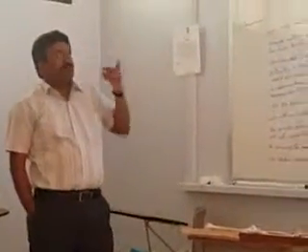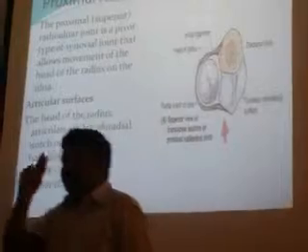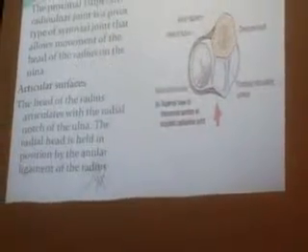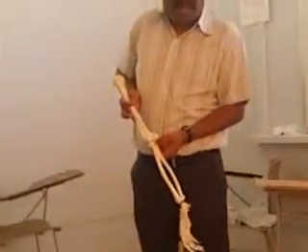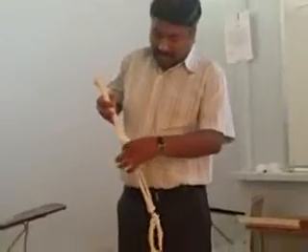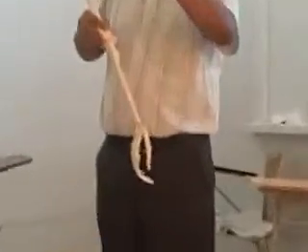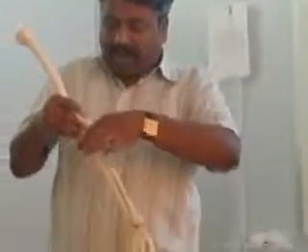You can see here, this is a circle or a ring, and in this the head rotates. That is the pivot variety of synovial joint, the superior radioulnar joint. You have the radial notch on the upper end of the ulna, and then the radial head. Now very important is that there is a ligament which holds this head to the ulna like this. Just observe my fingers.